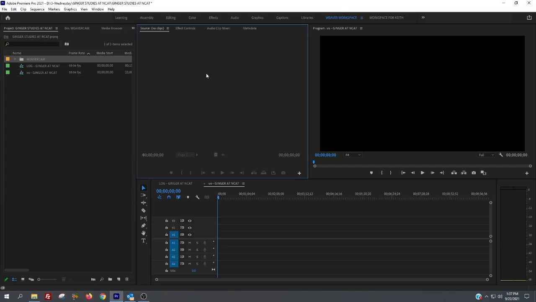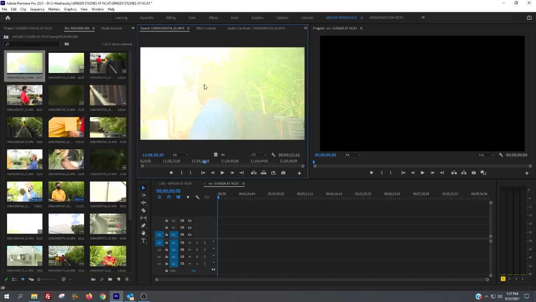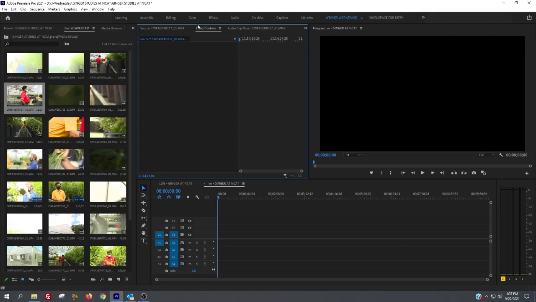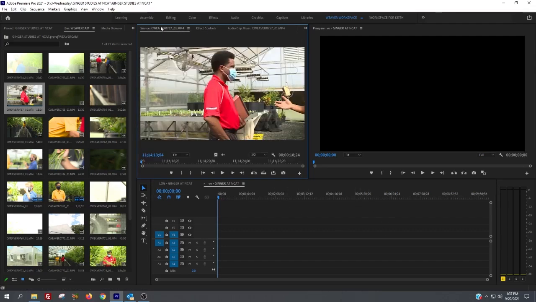Right here's the viewer where, let's open a clip, where clips will go. When you click on them, this is called the source viewer. Your effects control is also there. So when you click on the effects control tab, any clip that you click on the timeline will be highlighted there. So let's just go back and